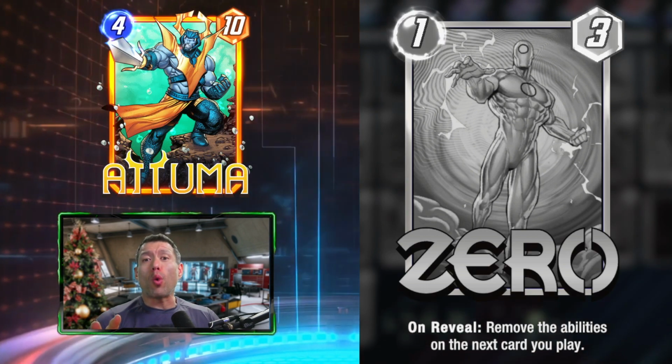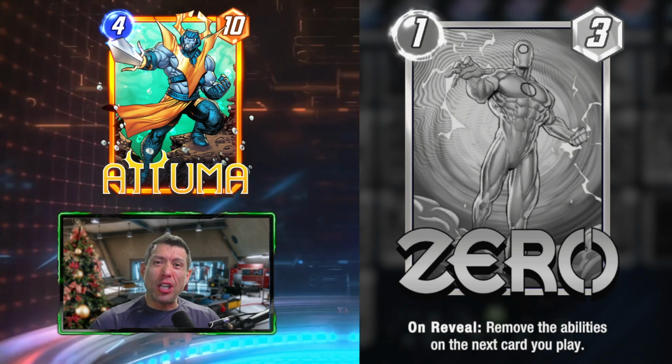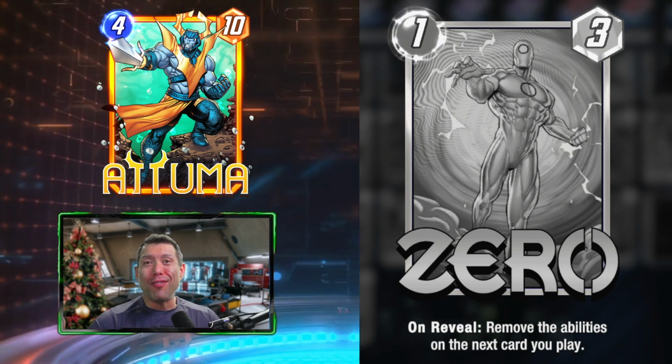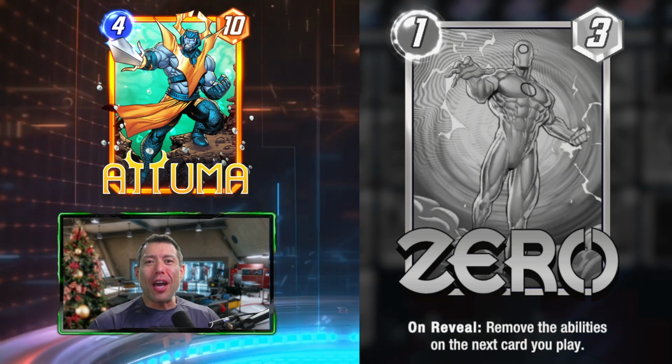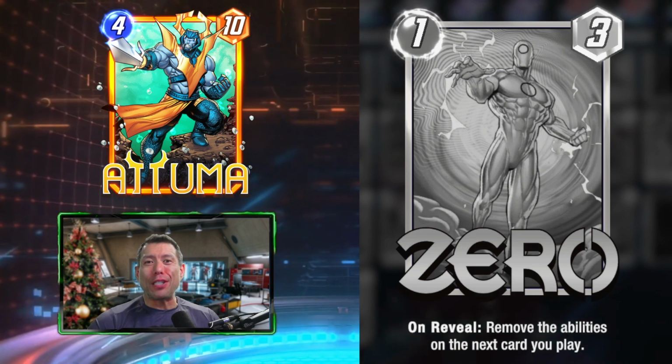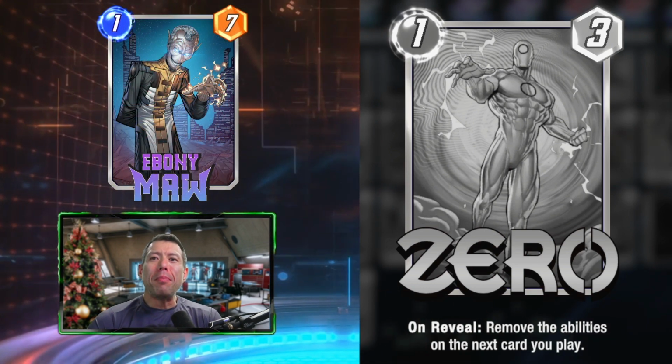Attuma is another card that would work very well with Zero. If you have other cards at that location, Attuma will destroy himself, so you don't want that to happen. You just want that 10 power. Zero, then Attuma. Last but not least is a very strong opening play, Zero followed by Maw, because Maw doesn't